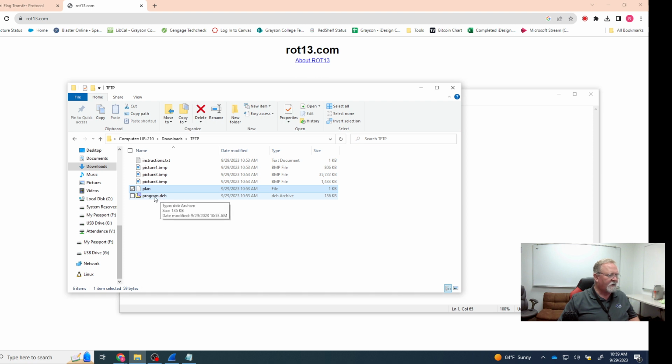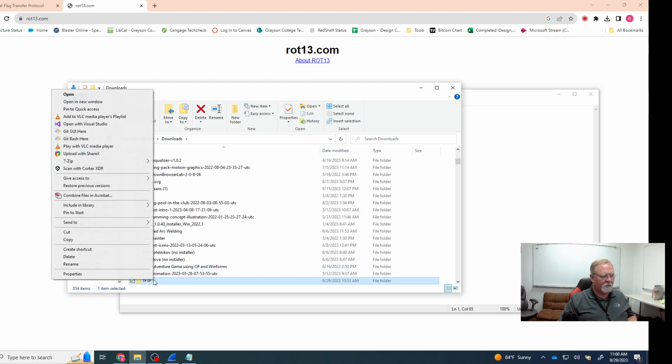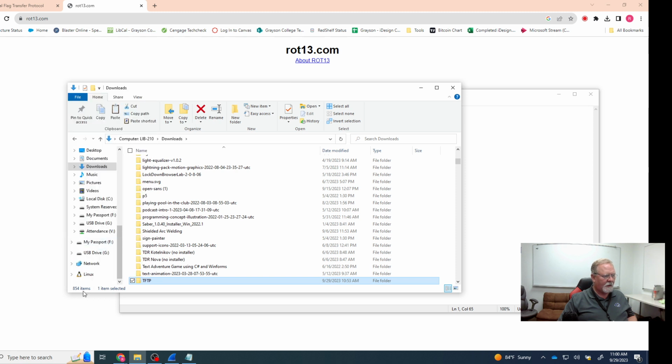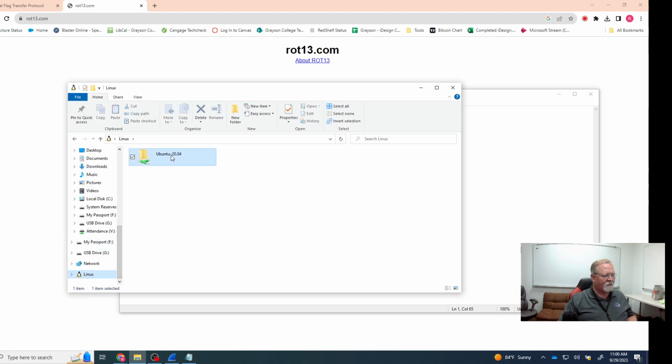So I used the program, which obviously is the program here. So we did something with this, which tells me that this program is some kind of a decoder or a de-encryptor or something like that. And what we need to do is figure out what it is. And to do that, because it's a .deb, we're going to have to put it in Linux. So what I'm going to do is copy this TFTP folder. I'm just going to copy the whole thing,